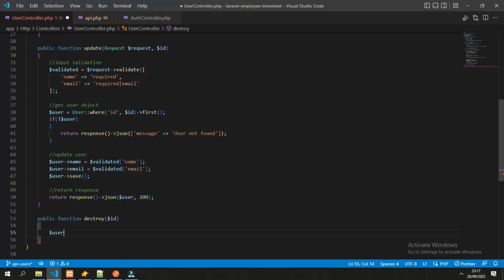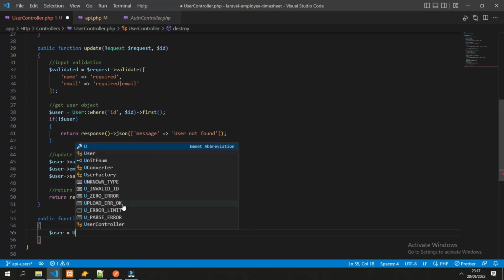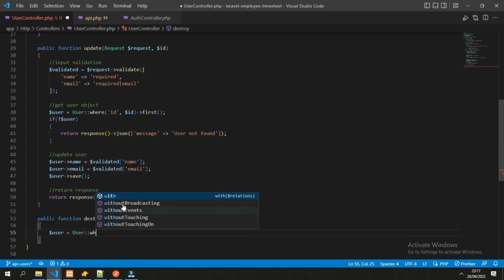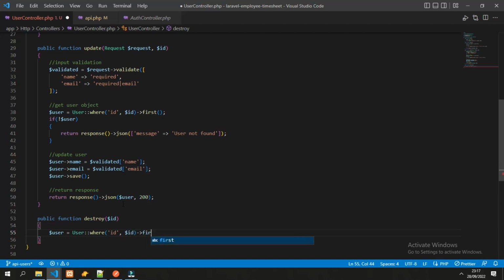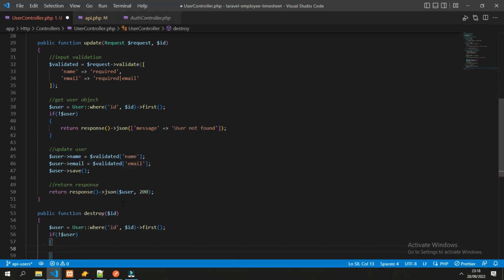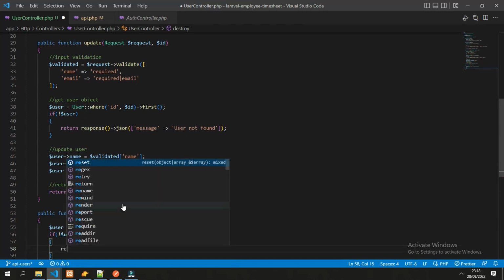First get the user object where id is equal to id. Then if it's not exists, we return not found response as usual.